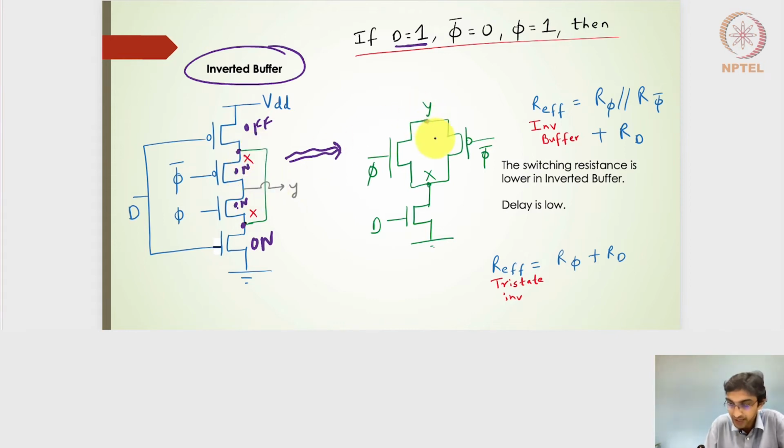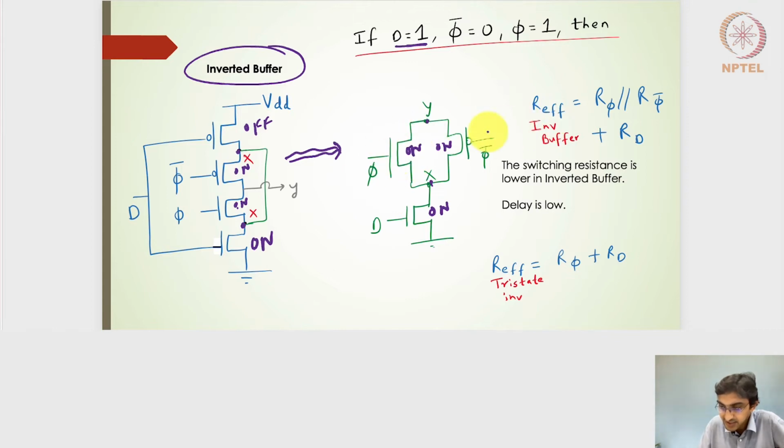This X node will be in series with the NMOS on transistor which is connected to the ground. So this is an on transistor, this is an on transistor, and this is an on transistor, right? And if I want to find out the switching resistance here and then eventually find out the logical effort,